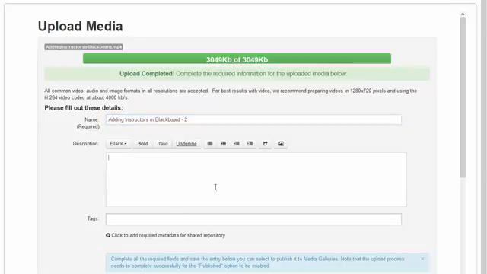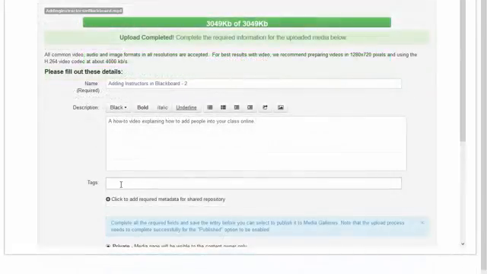So you could say a how-to video explaining how to add people into your class online. Tagging essentially lets your video come up in searches.